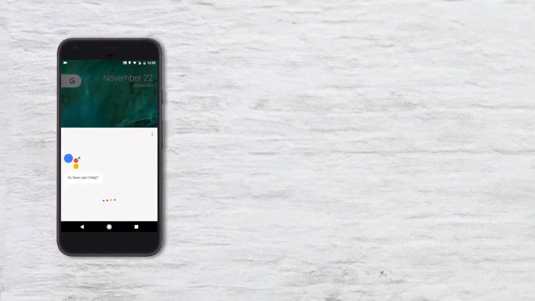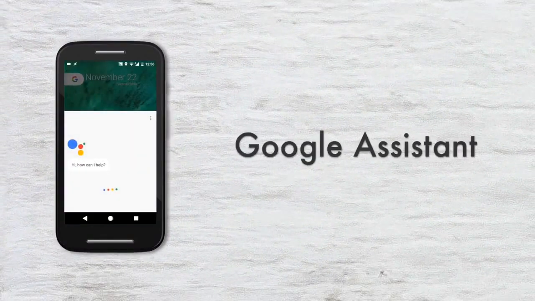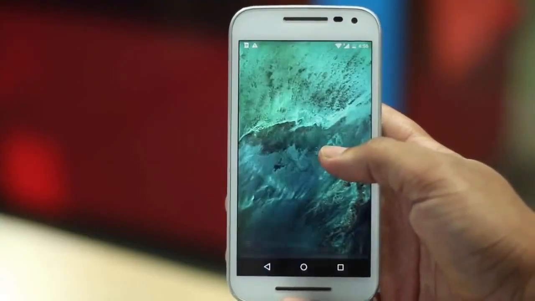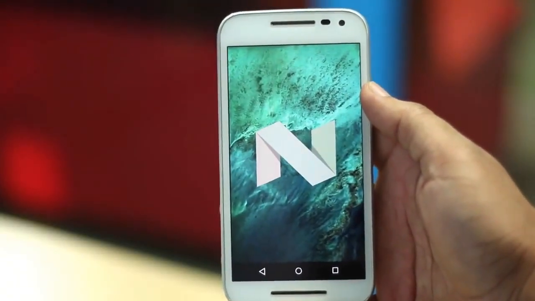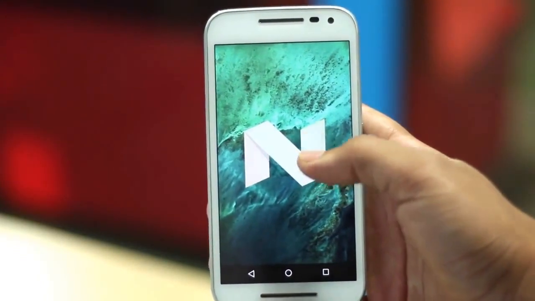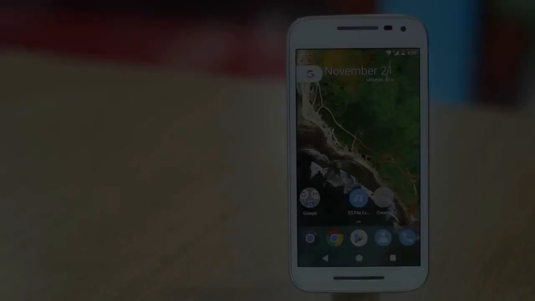If you have seen a Siri vs Google Assistant video, you must have noticed how good the Assistant really is. It is functional and a lot of fun. Well, you can get Google Assistant on your device, provided you have Android Nougat installed and your device is rooted. Yeah, that's a lot of prerequisites.